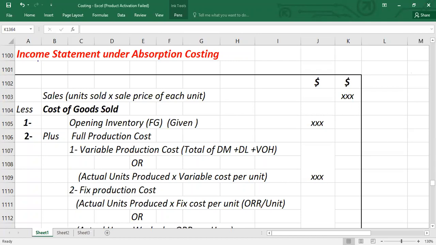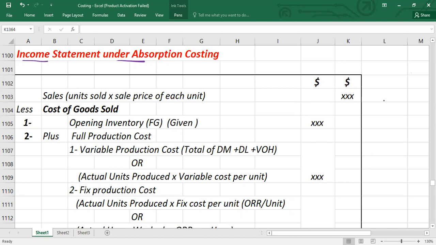In this video, we are going to talk about the income statement under absorption costing. Actually, this is going to be the fourth video on absorption costing. In the first video, we talked about how to calculate the product cost by using absorption costing. In the second video, we talked about whether we should use a plant-wide overhead recovery rate or a departmental overhead recovery rate. And in the third video, we talked about how to calculate the under or over applied, or absorption, of overhead. And this is the fourth video, and we are going to talk about how to prepare the income statement by